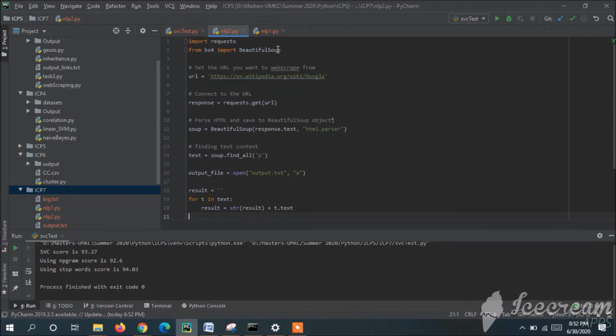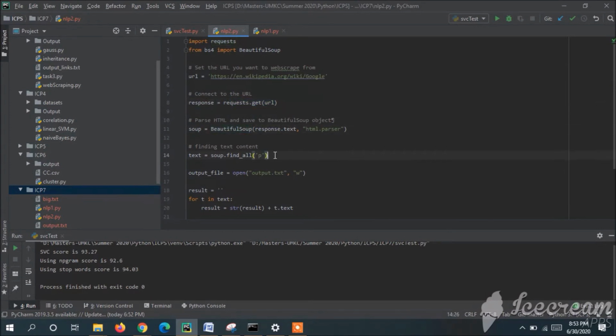Here, by using the requests module and the Beautiful Soup module, we can do this. The requests module is used to make the HTTP request. Beautiful Soup is used to parse the HTML document. This is the URL we are going to web scrape. We have to fetch the data from the URL and work on the response. By using requests.get, we are making the GET call, and on the response we are applying Beautiful Soup.